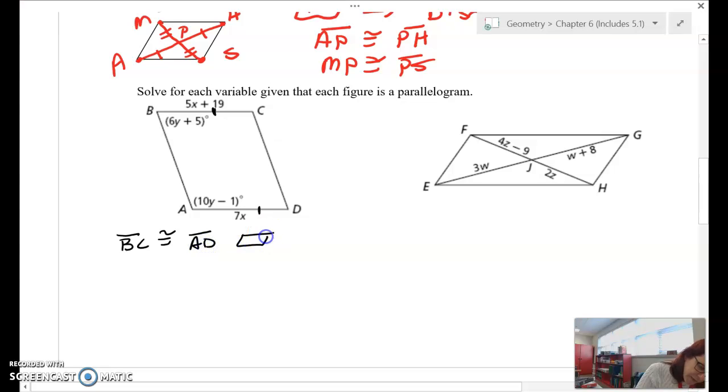And this is because parallelogram implies opposite sides are congruent. So for that reason, I can state those two are congruent to each other,